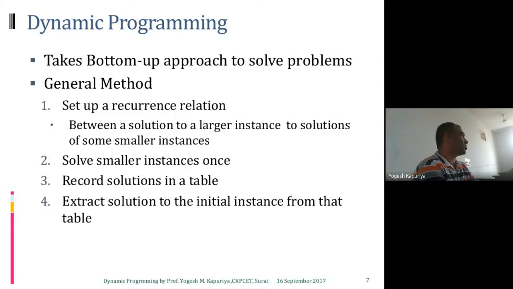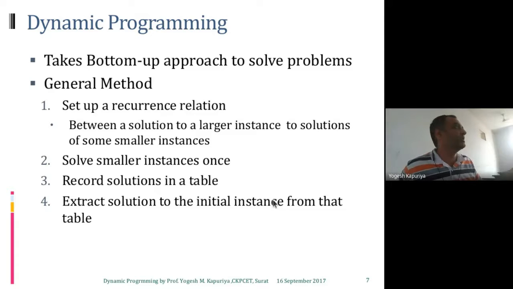If you want to do merge sort, then you have to first find the solution to the left part and the solution to the right part. So in any of these approaches, you first have to establish the relationship between a problem and its sub-problem via a recurrence relation. Then you will solve the smaller instance first, because it's a bottom-up approach. Then you will preserve that solution in some sort of record or some sort of memory, whatever word you want to use. And then you will extract the solution to the next instance from that table.